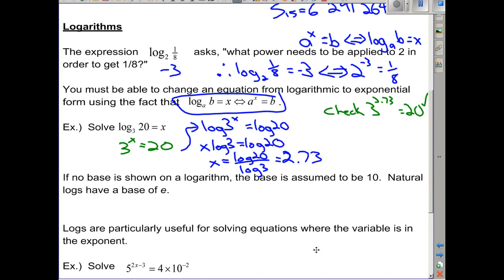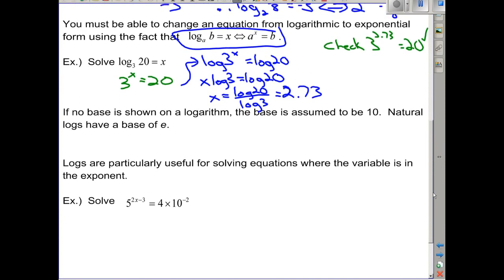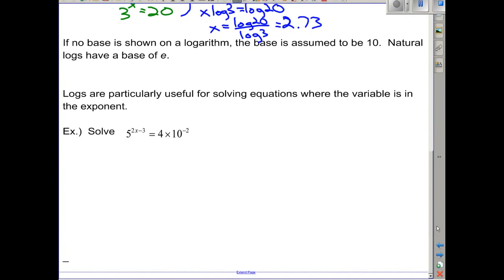If no base is shown on a log, the base is assumed to be 10. Natural logs have a base of e. Logs are great when you're solving equations where the variable's in the exponent. They let you bring it down using some of your log laws. So if I had this equation right here, 5 to the 2x minus 3 equals 4 times 10 to the